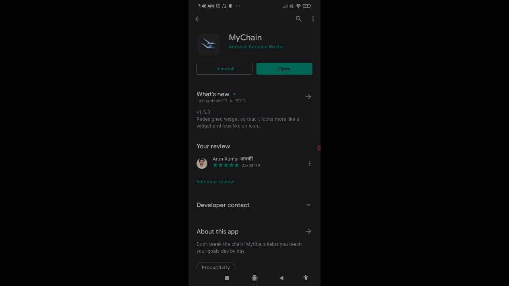This is another simple but very powerful app that is to track things which are important. You can download it. It's simple. It provides are quite amazing.